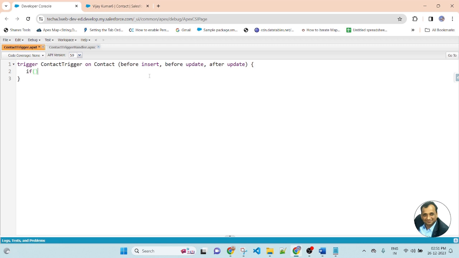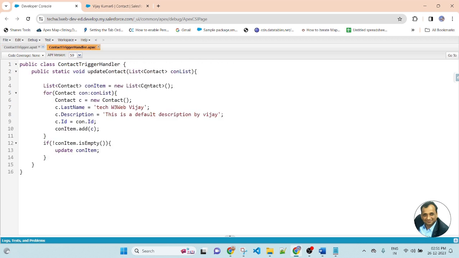So if trigger is before, else if trigger is after. This method will be executed whenever contact is updated.